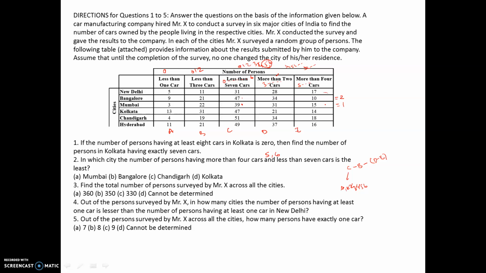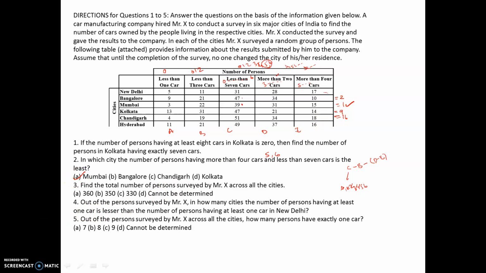Likewise for Chandigarh, if you can do 51 minus 19, so I'm doing C minus D minus E, right? So 51 minus 19, and the gap here, that is 16, right? So 51 minus 19 minus 16, which becomes 16. And the same thing for Kolkata will come out to be 9. So where is it minimum? It is minimum for Mumbai. So the answer is Mumbai,